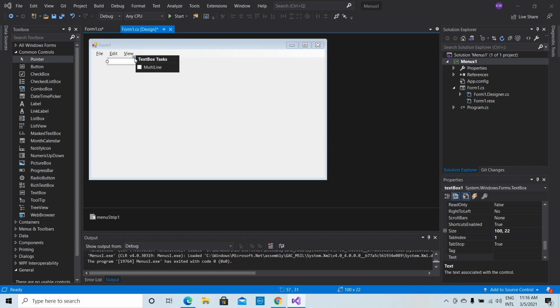Then here, the multi-line property you have for text. In this kind of a text box, you can add a single line. If you need to add multiple lines, now you can see this text box you can expand only in this direction because a single line is allowed. But if you tick this multi-line property, now you can see you can